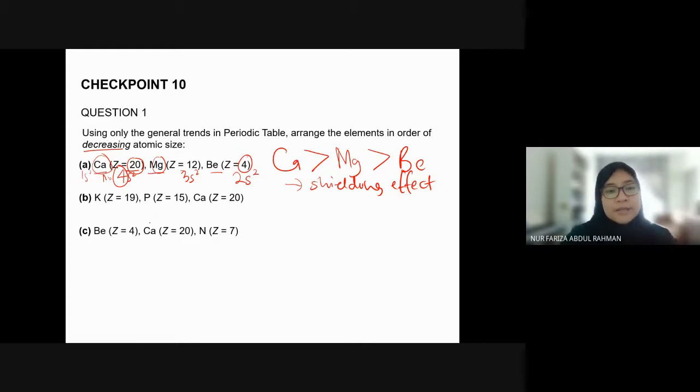three come from the same period or the same group, or whether they come from different periods or different groups. Obviously potassium, phosphorus, calcium come from different groups. That we can confirm, and then we have to make sure whether they come from the same period or